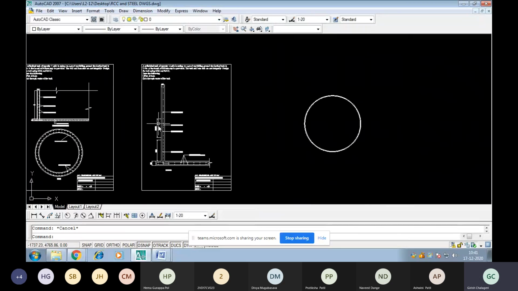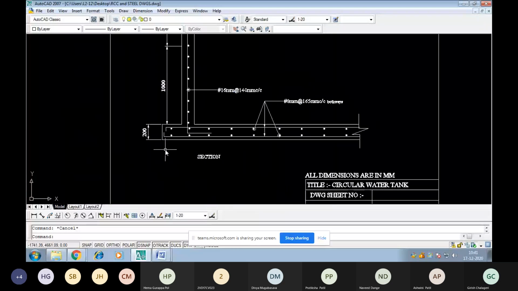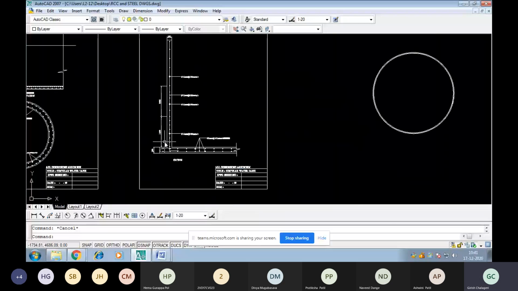Along with that, you need to write the reinforcements also. Not only writing the reinforcement, the dimensions should be written for the scale. So you need to learn not only to draw, you need to draw to scale, then write the dimensions, then